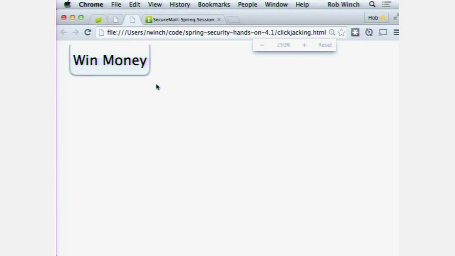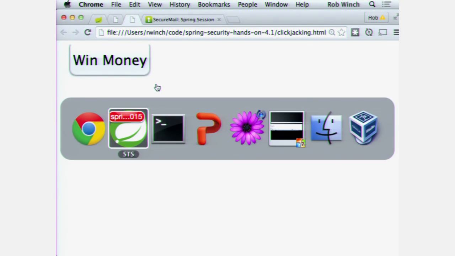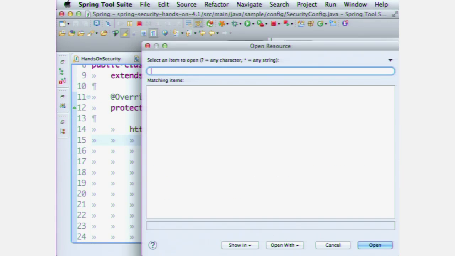Well, it's just going to look wonderful. I don't know why it's loving my rendering so much, because I didn't even add any styles to this. So we have the win money button, and let's change our code just ever so slightly to see what's actually